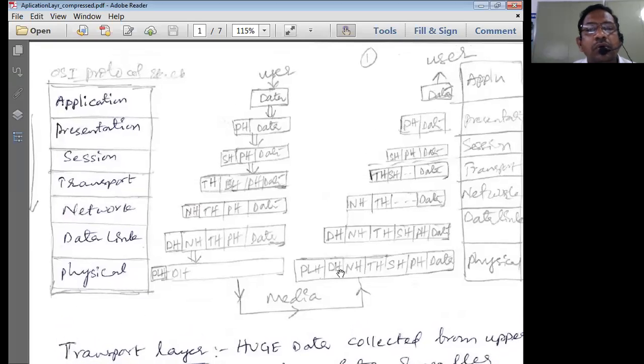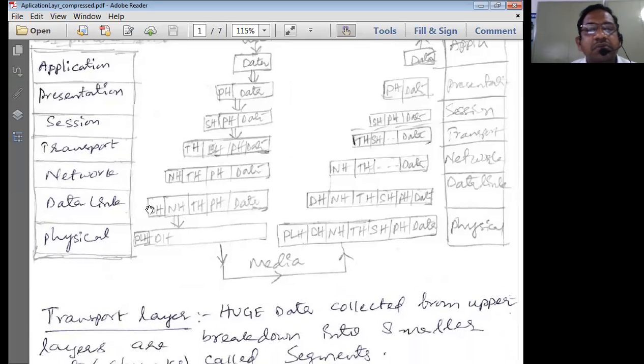So we already know from the earlier chapters the flow of data in the OSI model. What is the flow of data in the OSI model? We know there are 7 layers, from application layer to the physical layer. And you should know the layers in sequence in this manner only. That means the first layer is going to be the application layer, then presentation layer, session layer, transport layer, network layer, data link layer, and the physical layer, right?